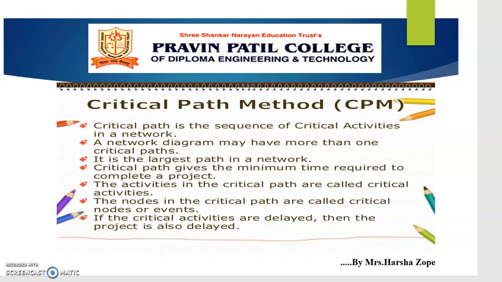PERT and CPM techniques are used for prediction of deliverables, planning resource requirement, controlling resource allocation, internal and external program review, and performance evaluation. Various framework activities in PERT or CPM are: to define the project, then to develop the relationship among the activities, draw the network diagram, assign time and cost to each activity, and compute the critical path.